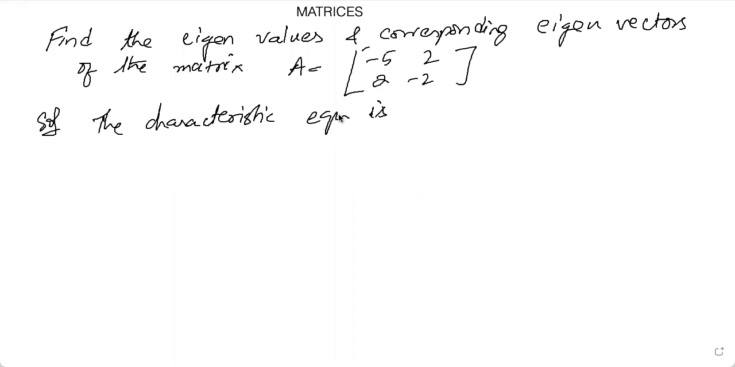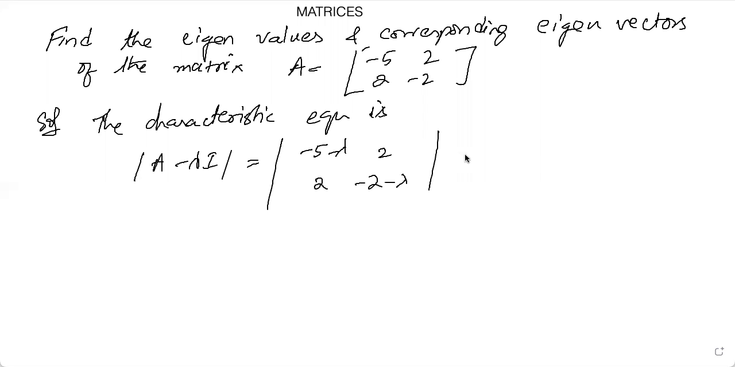A minus lambda I, which is equal to minus 5 minus lambda and 2, 2 and minus 2 minus lambda, right? So which is equal to 0. Okay, so we get this as minus 5 minus lambda, right? And minus 2 minus lambda minus 4, right? So